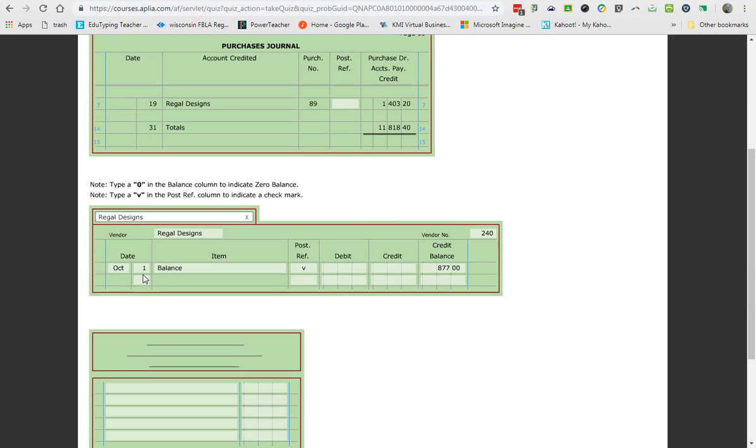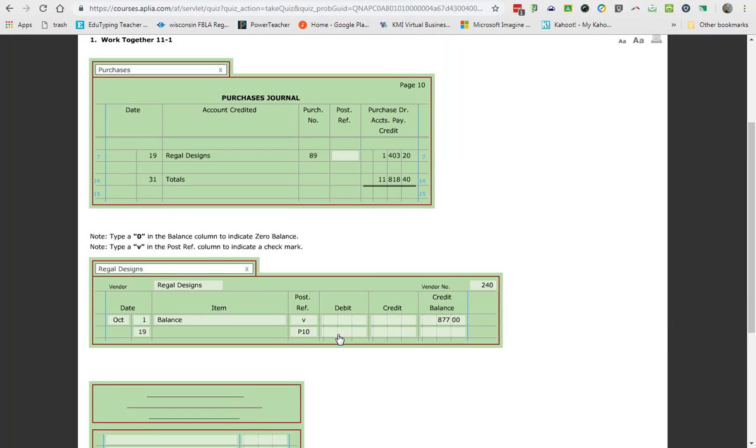So I'm going to go ahead and put the date of the 19th. Nothing goes in the item column, only when you're opening up an account with the balance. Post reference, I'm going to do P. I can't see my page number. I scrolled too far. 10. I'm going to credit for